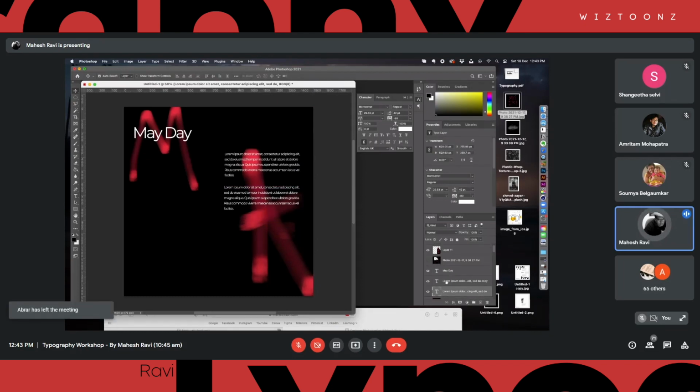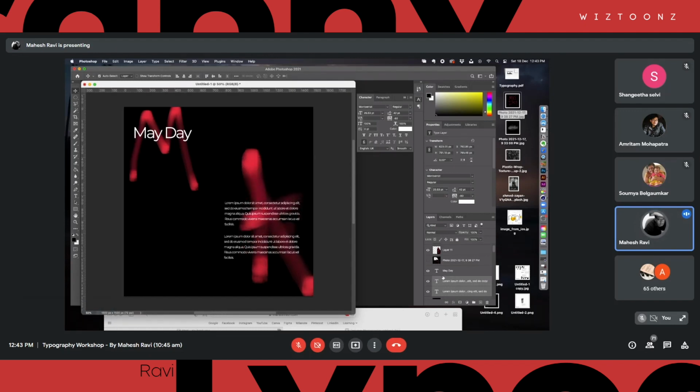Then this is a very interesting idea that I usually use in a lot of my designs. You can see organic elements coming in, just like supporting actors. So it's a very interesting technique, and it can create a pretty good impact.